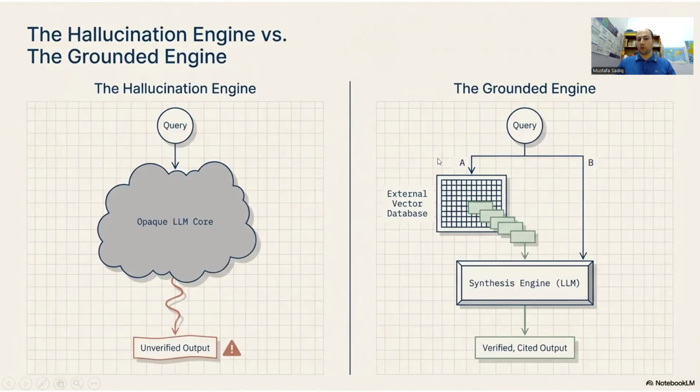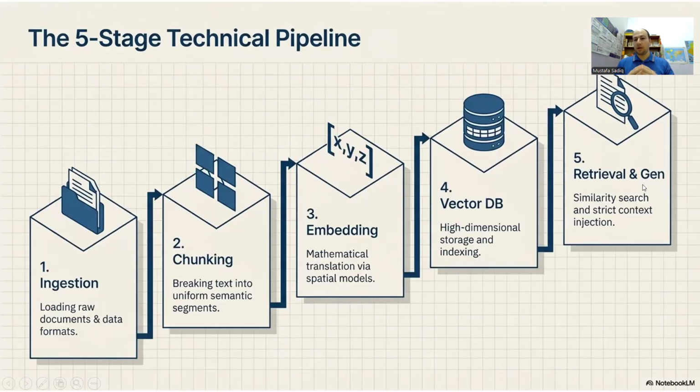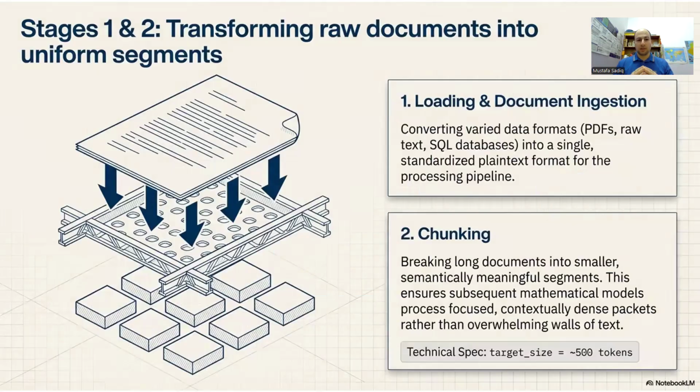It will just go to this external vector database, and then it will go to the large language model, the trained model, to search for similarity and strict context injection, as we will see in these steps in this detailed explanation. So for stages 1 and 2, transforming raw documents into uniform segments, as we mentioned, first we are loading the documents and ingesting the documents